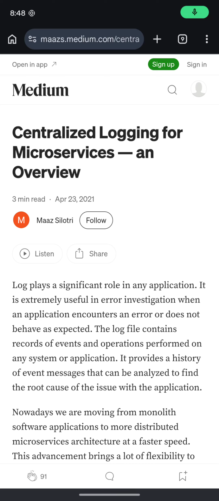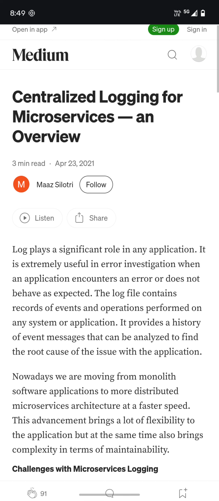Hi, for today's YouTube video, we're going to discuss a centralized logging system for microservices. I want to explain the significance of logging for microservices. Nowadays, we are building complex applications, medium-sized complex applications, heavyweight applications that involve multiple